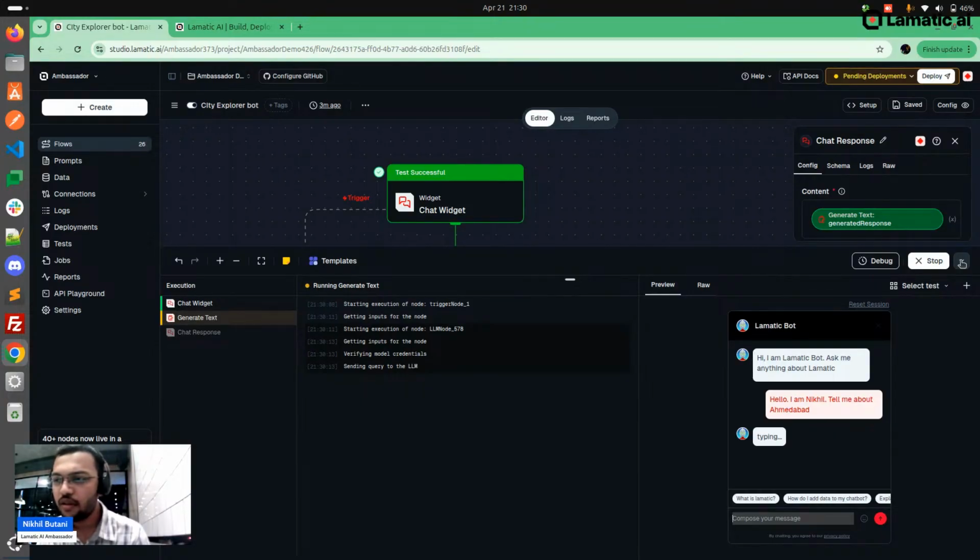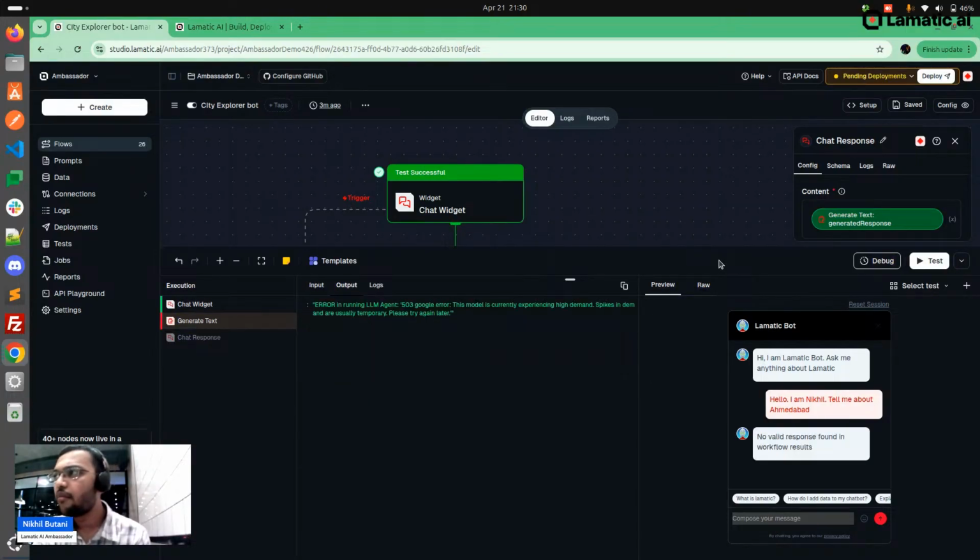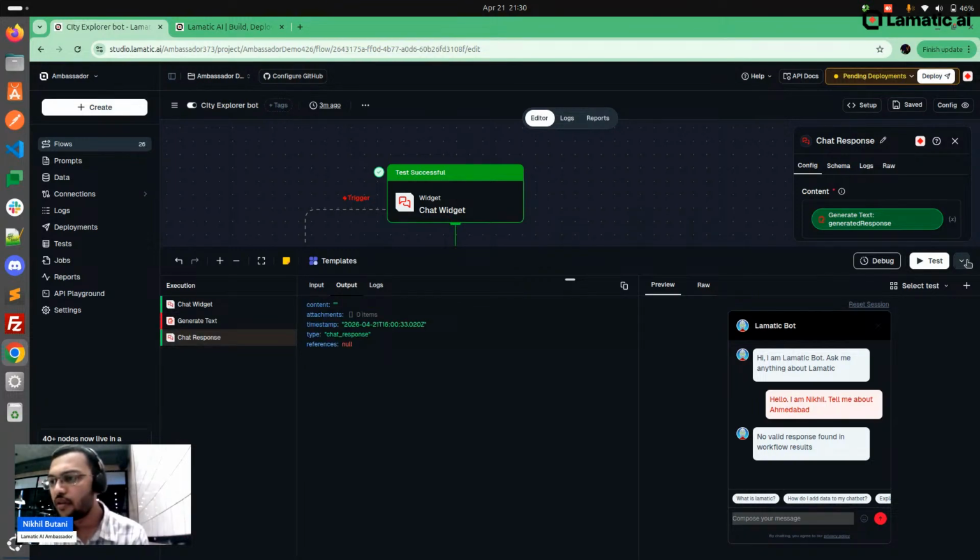Okay, it's typing, and let's see. Then once again we need to check how generate text gets it. Okay, there is no result found.